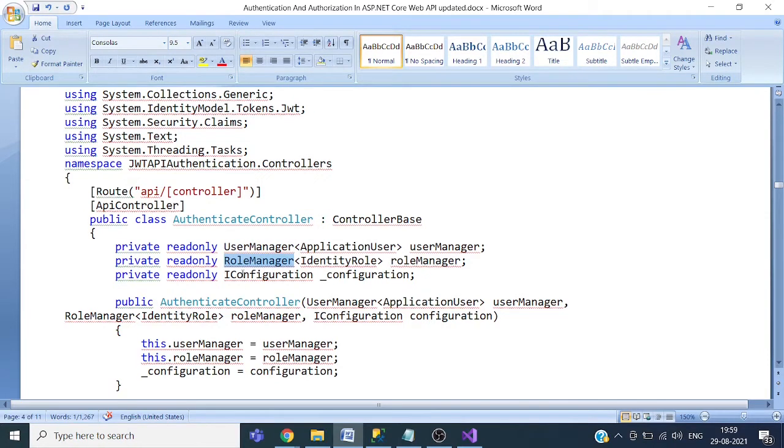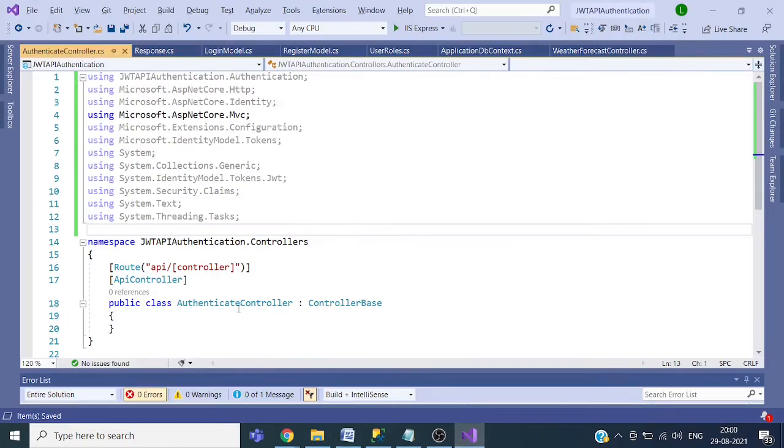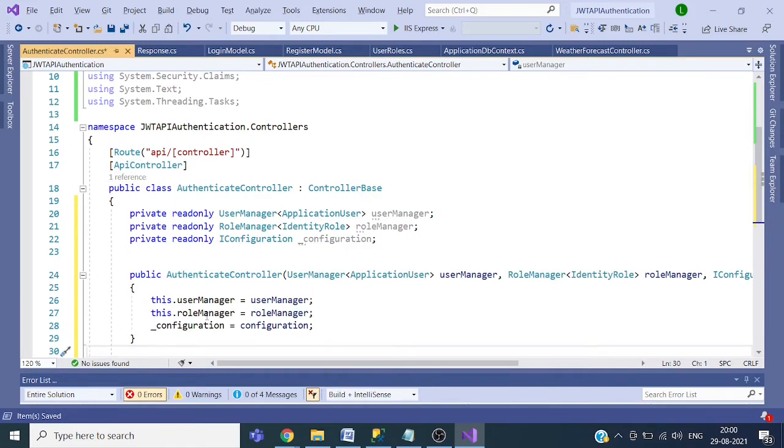These are the classes which are included in the Identity framework. You can see UserManager, RoleManager, and this one is for the configuration.